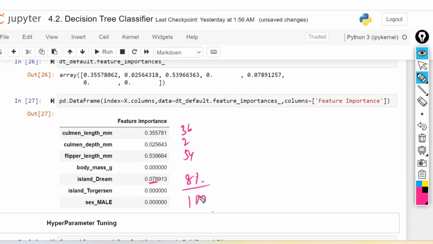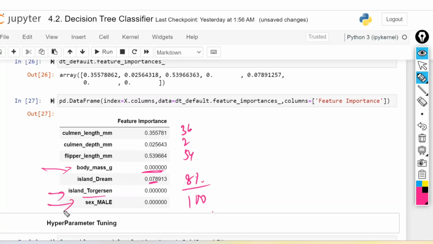Out of which you can clearly see body mass is having 0% importance. For this decision tree model, if you give the body mass, no problem; if you don't give it, also no problem. If that particular column is not there, the model is designed in the same way. And the island has no use with respect to this.